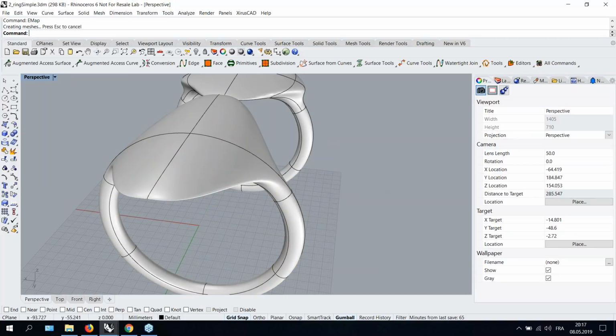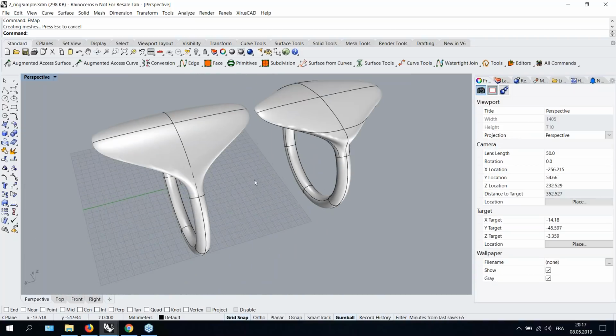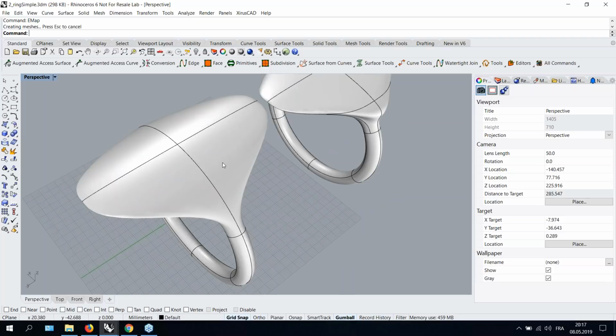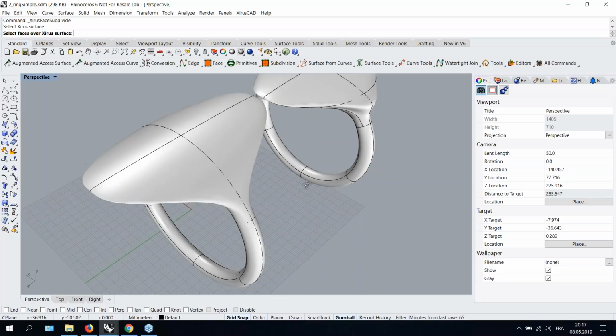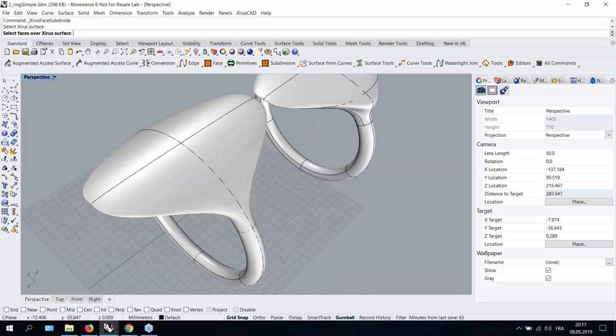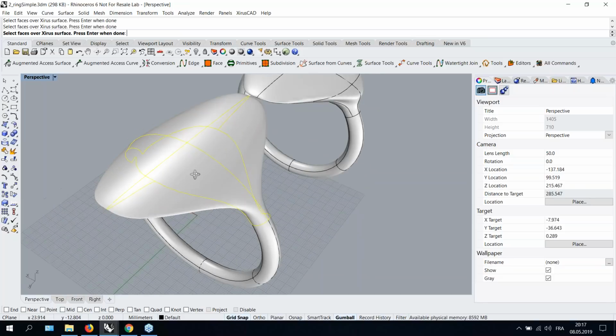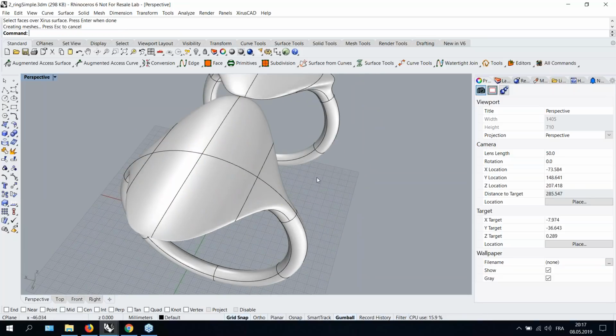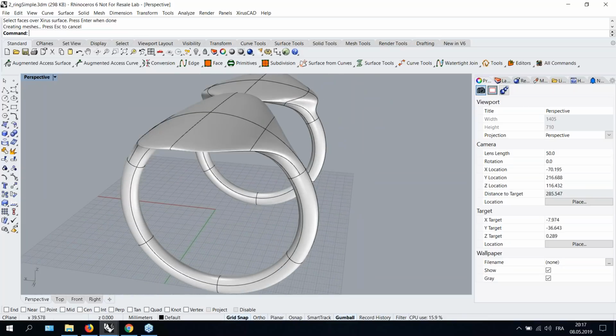Now, another thing I want to tease you with, let's say, is our subdivision functionality. We have the subdivision panel. You can do global or local subdivision. So, for example, if I choose local subdivision, I can choose the surface I want to subdivide, and then I can hover over the faces. I can select multiple faces. For example, I choose the 4 top faces here, press enter when done,